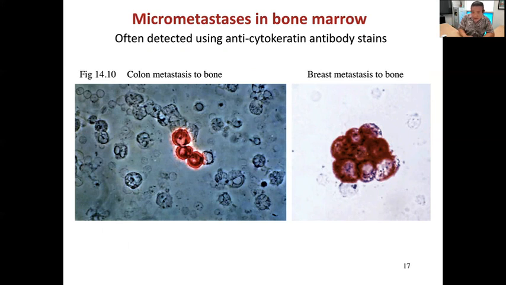And they are kind of dividing, but they're sort of like, what is this place, right? I don't know what this place is. And so they don't really go very far in terms of dividing. Here's breast metastases into bone, right? So in the bone, this breast metastatic cell maybe made its way in here, and then underwent diapedesis to squeeze its way out of the capillary. But once it's in the bone, it's kind of like, okay, I don't know what this is all about. So maybe it only divides a few times, and you get a micro tumor, right? That is maybe like 12 cells or something, right?